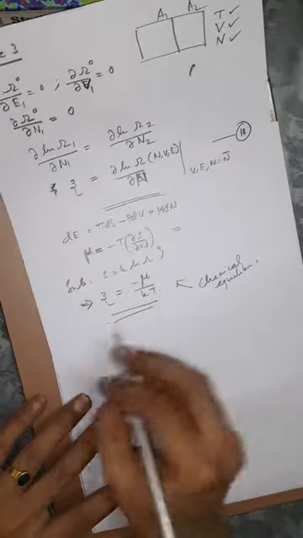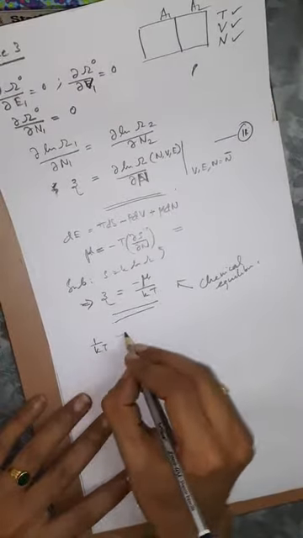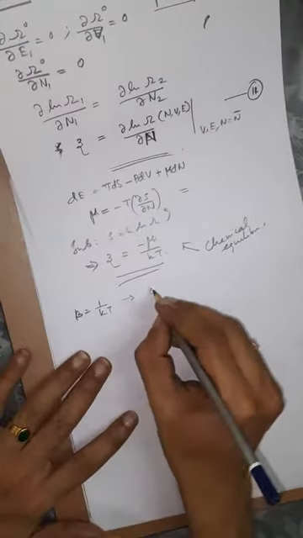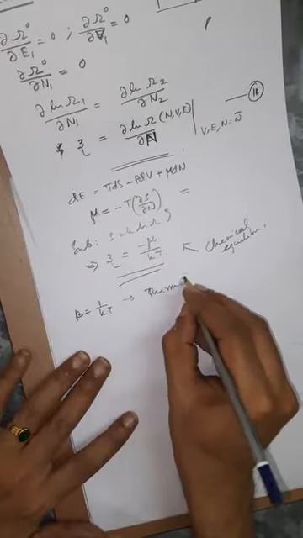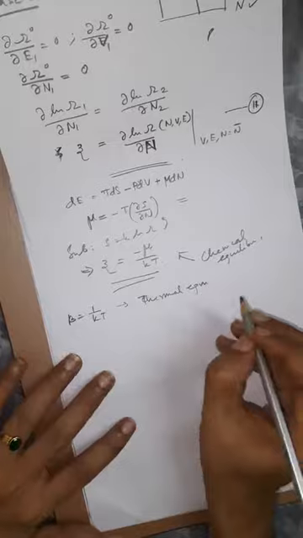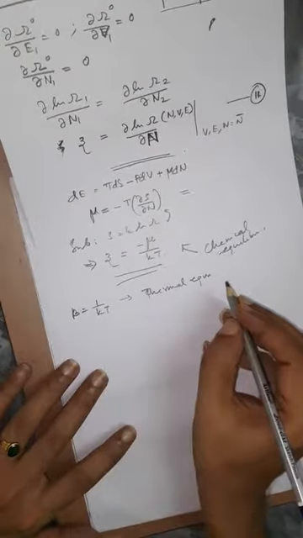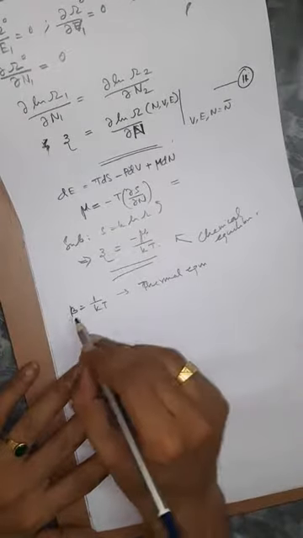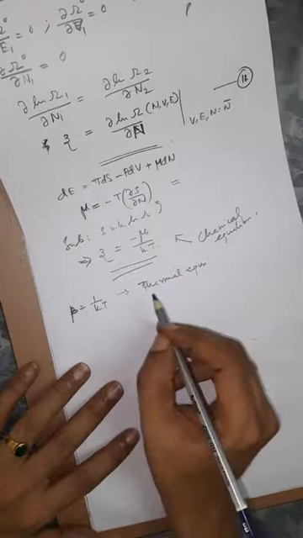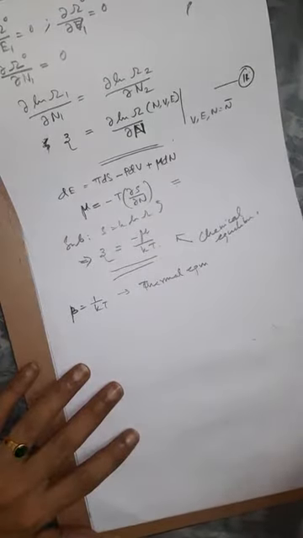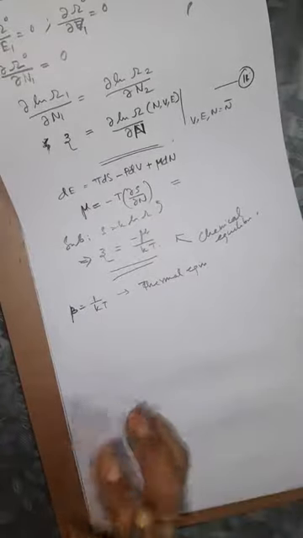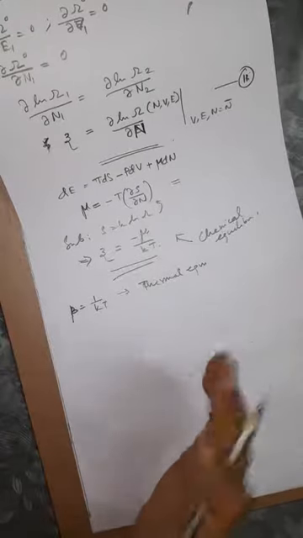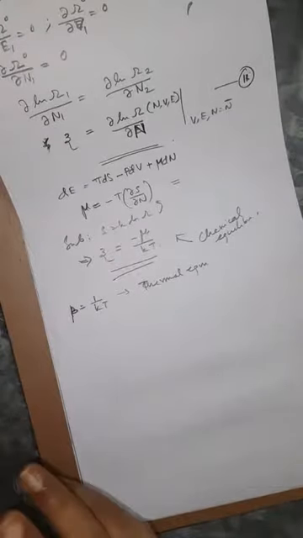So we have the three expressions now. One is beta equal to 1 by Kt for thermal equilibrium, which means that if I have two systems in thermal equilibrium, then beta 1 is equal to beta 2, which means that beta has to be the same thing everywhere. If I take any two systems and I tell that system A and system B are in thermal equilibrium, which means that their beta should be same.